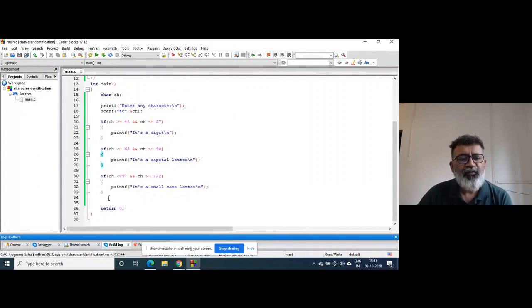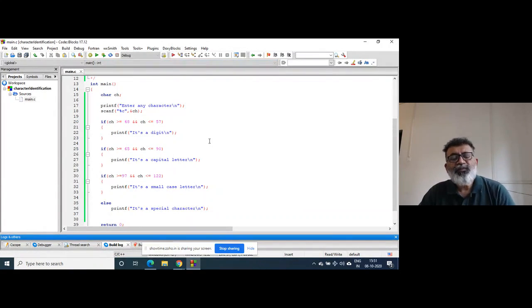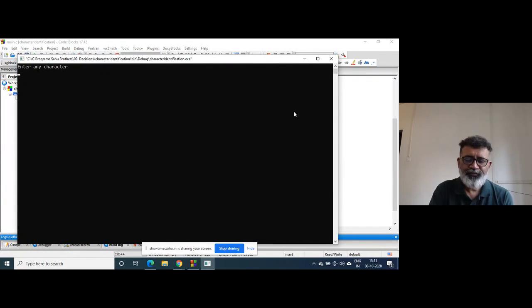Now, for that, suppose you write the else part like this. What will happen? Sometimes this code will work fine, sometimes this code will not work fine. Suppose I enter small t.